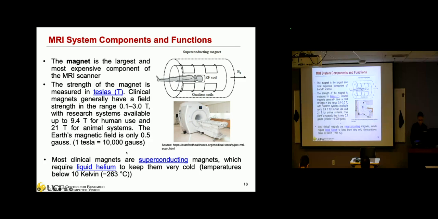Most of these clinical magnets are superconducting magnets, which require liquid helium for cooling. So overall, with all these components and the cooling system, MRI machines are really big, and you need a dedicated room to place them.